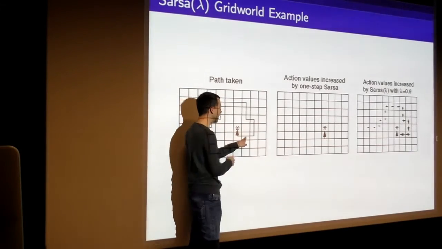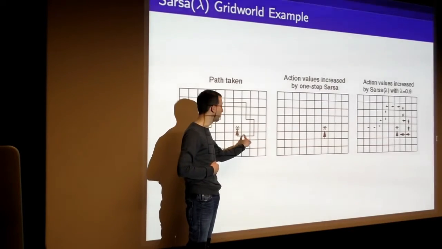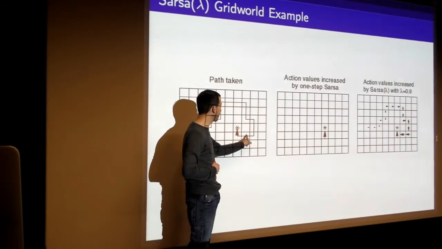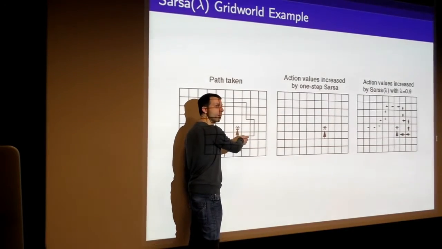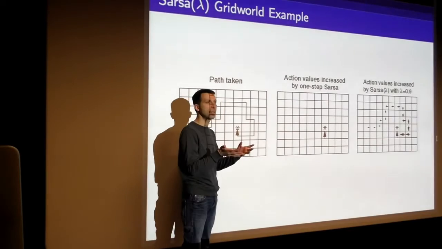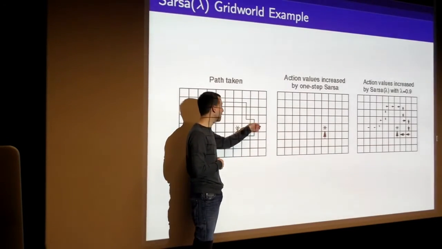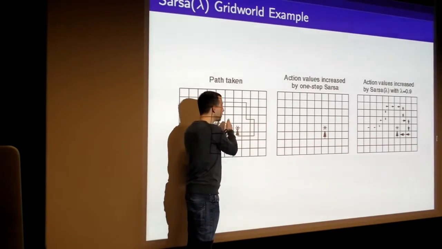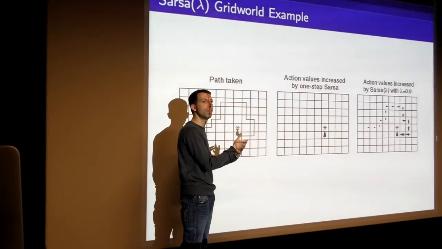So if you were over here now, you start in this situation where you thought the value of going left was 0. You ended up in a state where you're now estimating the value of going north to be something high. So now you would increase the value of this one. For the value of going west from here, you would increase by some large amount. At the next step, that would propagate backwards. At the next episode, it propagates backwards again. But you need a lot of episodes. So you're only propagating the information back by 1 step per episode in Sarsa 0.